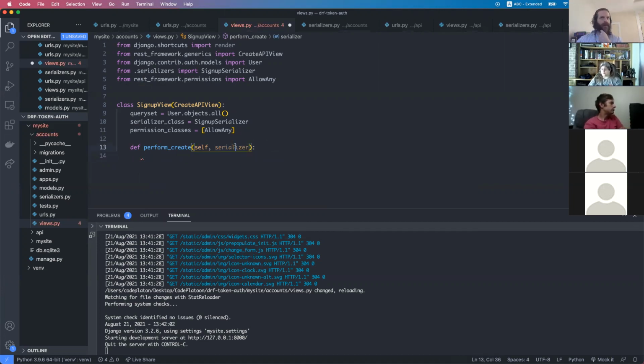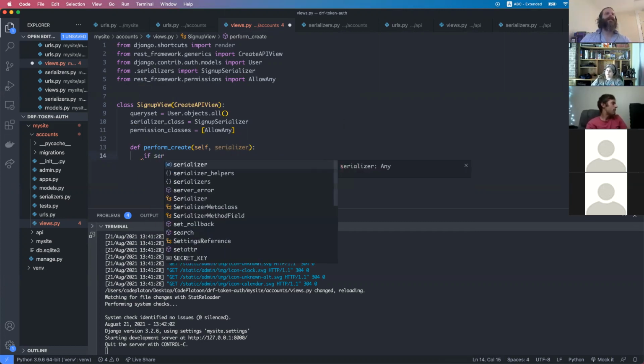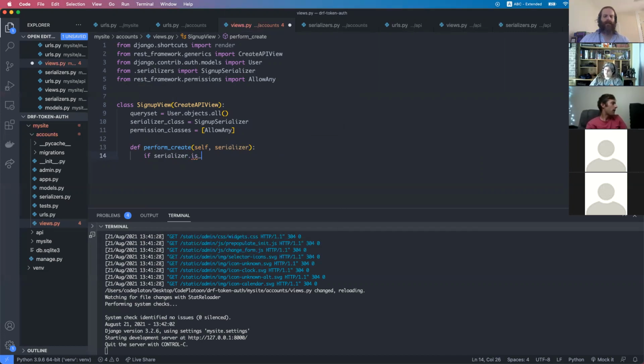So perform create, we get the serializer. And you can basically treat the serializer as though it were a form in Django. So you can call is valid on it. So if serializer dot is valid,